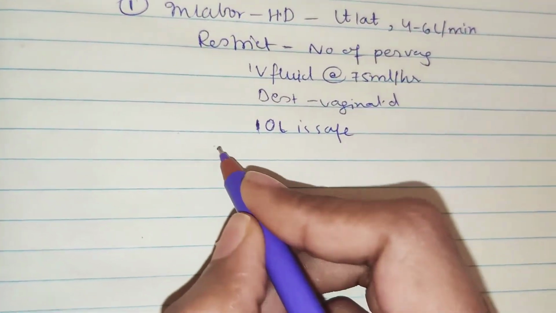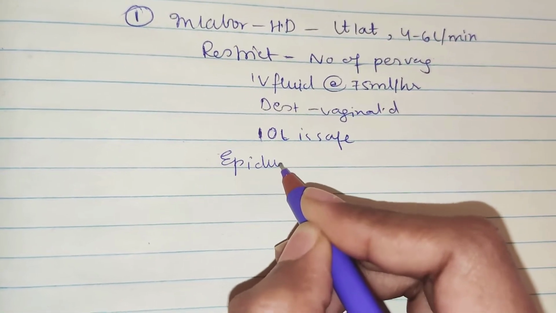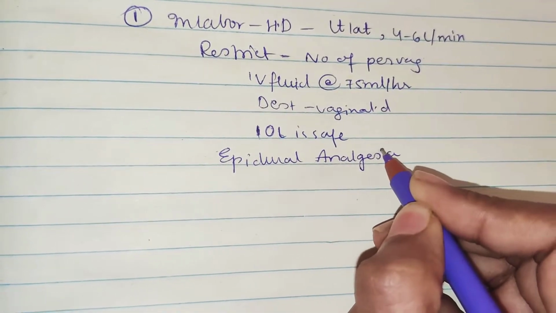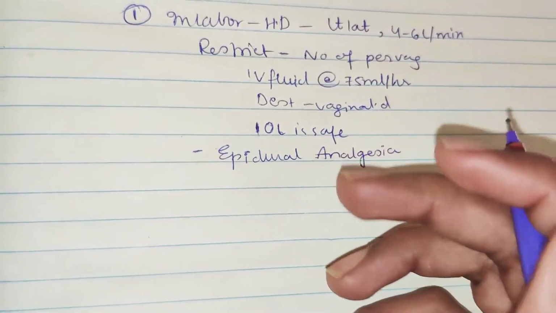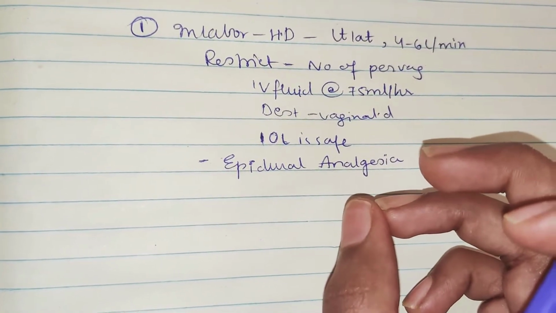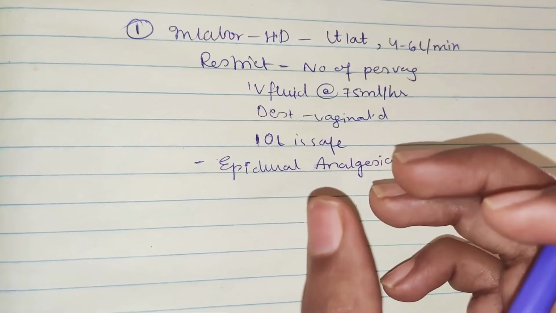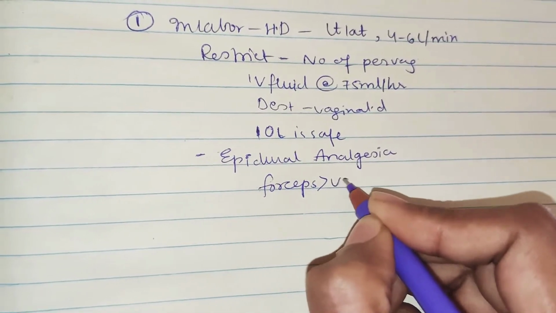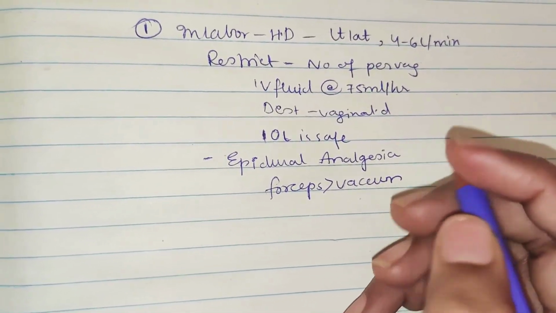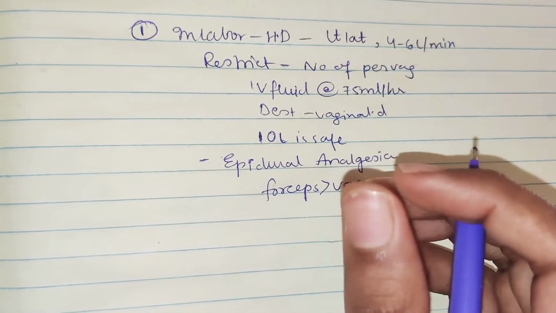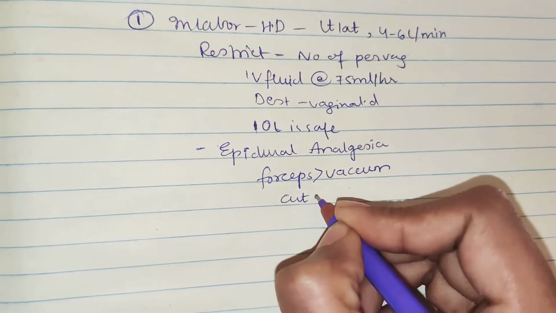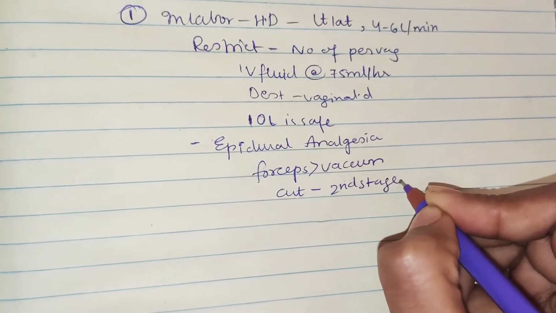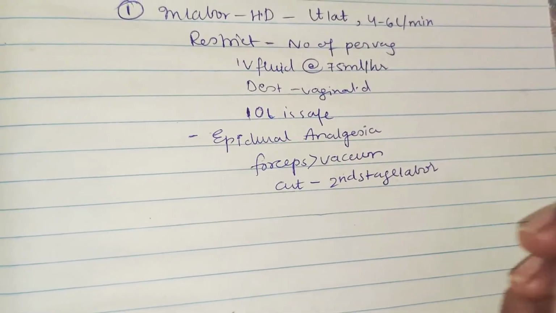Next, coming to epidural analgesia. Epidural analgesia should be given because we need to do a painless delivery in this patient, because if pain comes, it will lead to tachycardia, and again it may aggravate the heart problem. So epidural analgesia is given for pain relief. For prophylactic use of instruments, we should use forceps rather than vacuum in a heart disease patient in labor. We also need to cut short the second stage of labor, because if the second stage is prolonged, it may also worsen the heart disease.